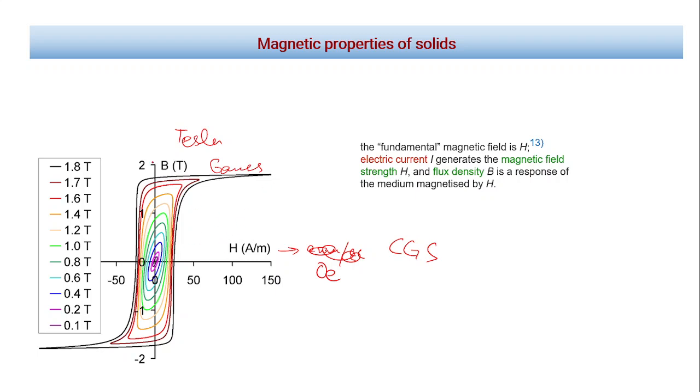Okay, so what we see here, definitely B and H is not the same quantity, because, as I was saying, on the x-axis we have H, the field that we are applying, and this loop is for some material, we don't know which, but here we are applying a certain field, this H, and then the material, depending on its property, is behaving or responding to that H that we have applied, and this is the field induced, the magnetization induced in that material.